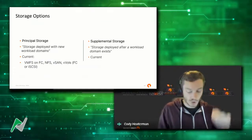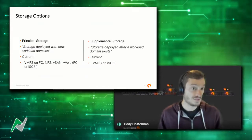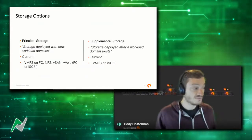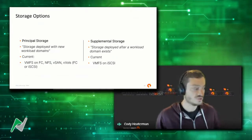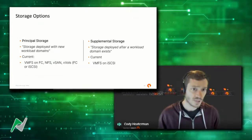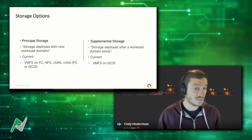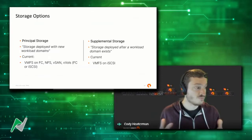The only thing that is currently only supplemental storage is VMFS on iSCSI. Everything on the left is also an option, of course, as supplemental storage. Is VMFS on iSCSI on VMware's roadmap? It is certainly under their consideration. I don't know any commitments on when that's going to happen, but they are aware of moving that into it